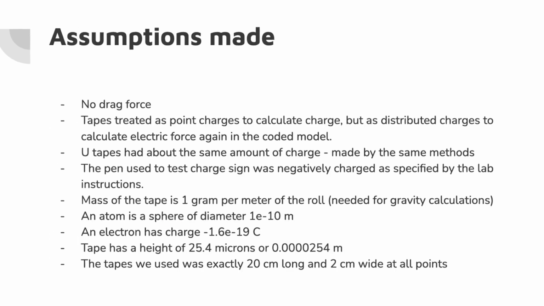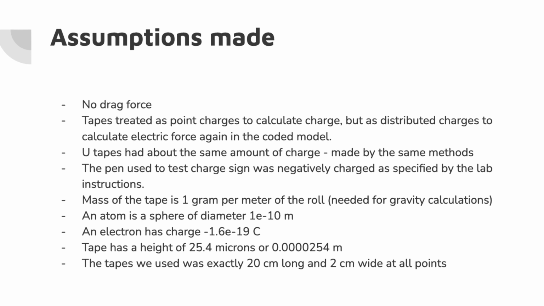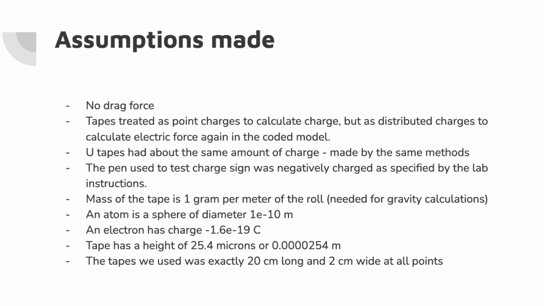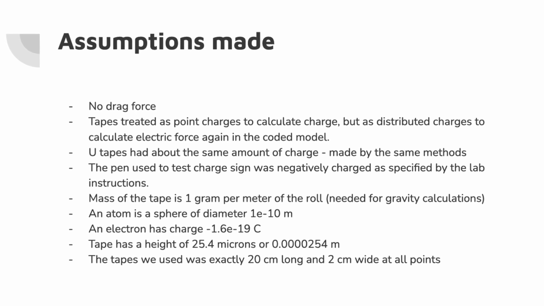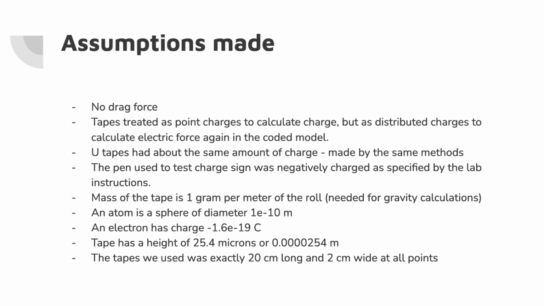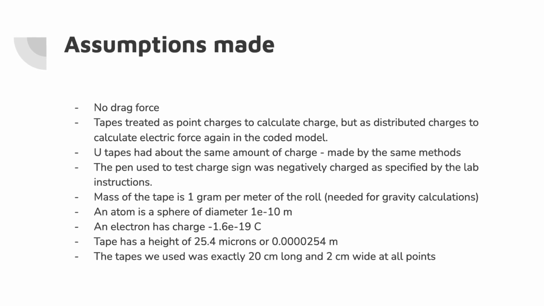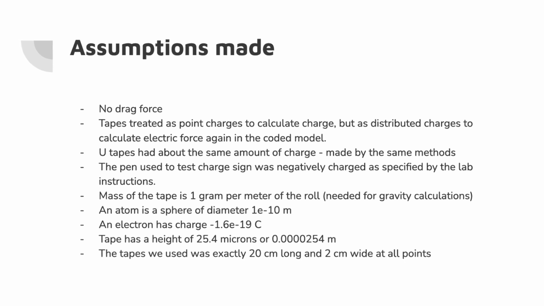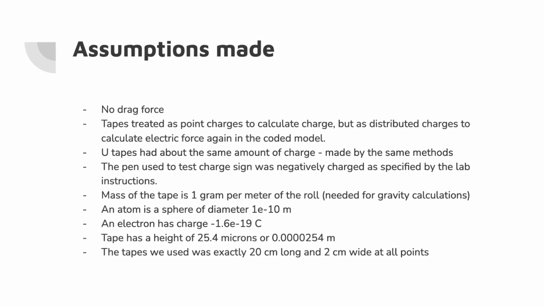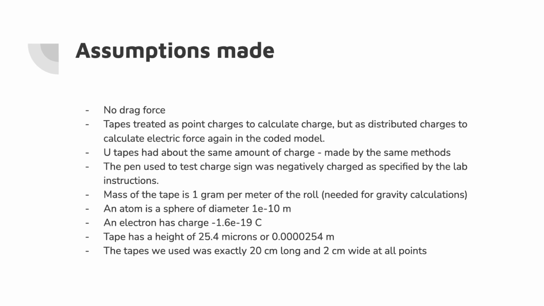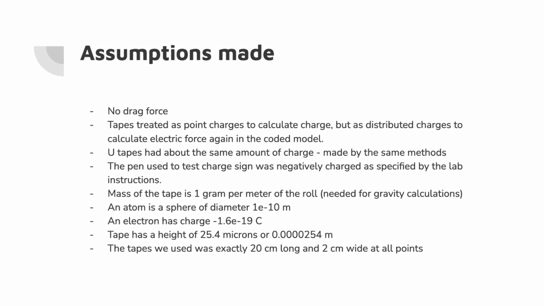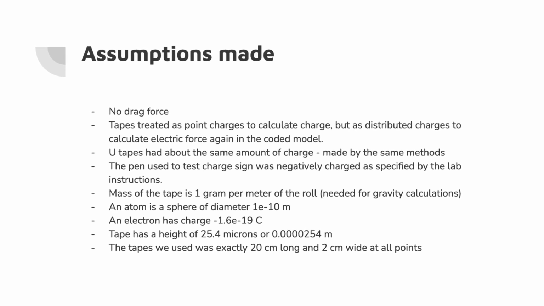Some of the assumptions we made are that there was no drag force, that the tapes are treated as point charges to calculate the charge, but as distributed charges when calculating the electric force again in the coded model, that the tapes had about the same amount of charge as they were made by the same methods, that the pen used to test charge sign was negatively charged as specified by the lab instructions, that the mass of tape is about 1 gram per meter of the roll, that an electron is a sphere of diameter 1 e to the negative 10 meters, that an electron has a charge of negative 1.6 e negative 19 coulombs, that tape has a height of 25.4 microns, or 0.0000254 meters,